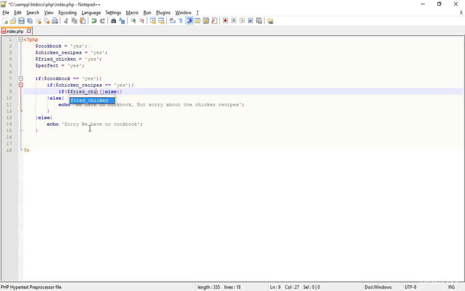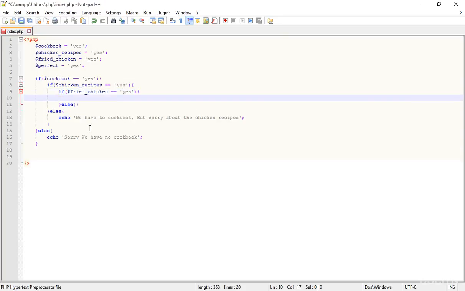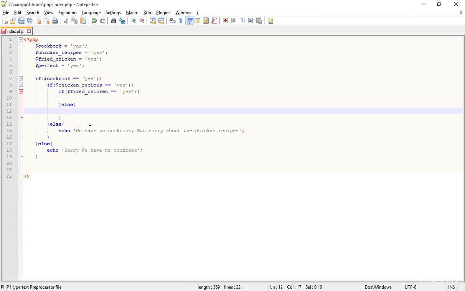Fried chicken. Okay, now if the fried chicken is equal to yes, then this block will run. If not, then this else. Okay, I'm just clearing the else first, or actually I'm just trying to make these codes easily understandable for you. So here